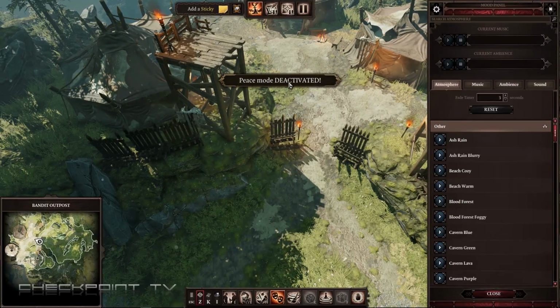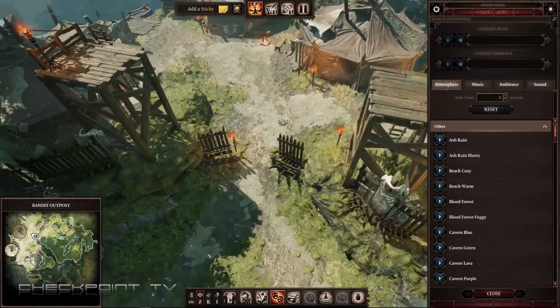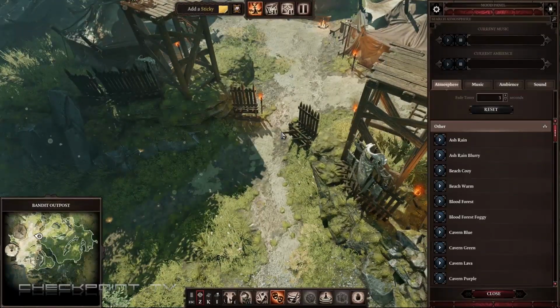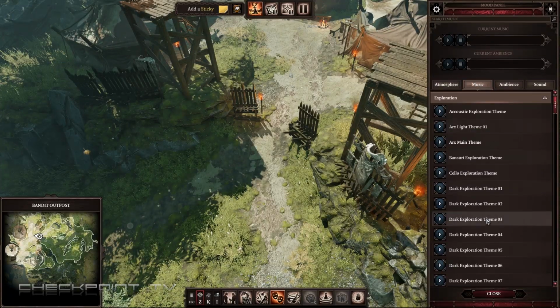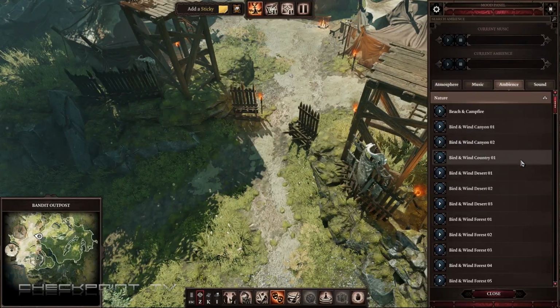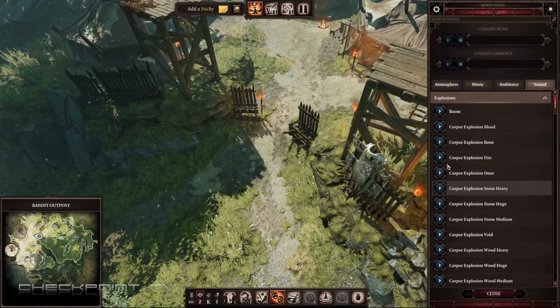I'm going to turn off peace mode just so this little UI stays away and stops warning us that peace mode is on. We can either set the atmosphere, which is changing the lighting effects. We can add music to the scene. We can add ambience, and we can add sounds. The sounds are once-off sounds and explosions and different effects. So if I hit boom,